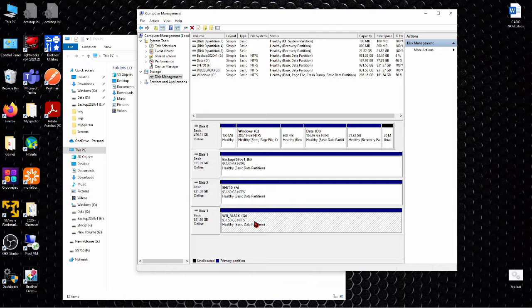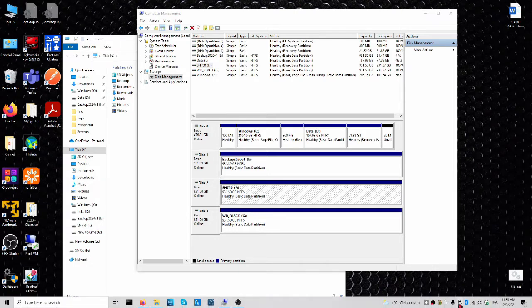So now this will be the target of the system recovery. I'm going to disconnect physically this drive. So I'm going to plug out, maybe to be sure, I'm going to go there.